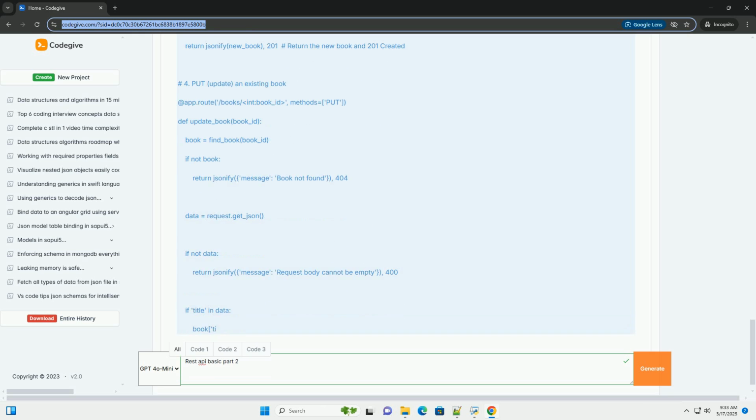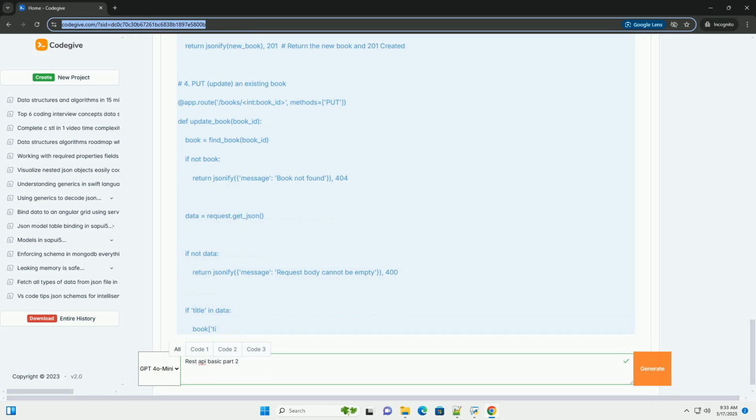2. Request parameters. Request parameters allow clients to send additional information to the server along with their request. There are two primary ways to pass parameters. Query parameters: appended to the URI after a question mark character. Multiple parameters are separated by an ampersand. For example, path parameters: embedded directly within the URI. These are often used to identify specific resources. For example,